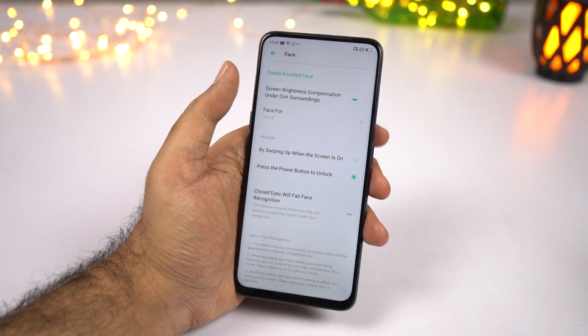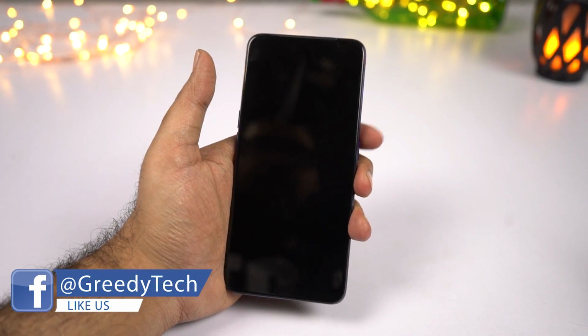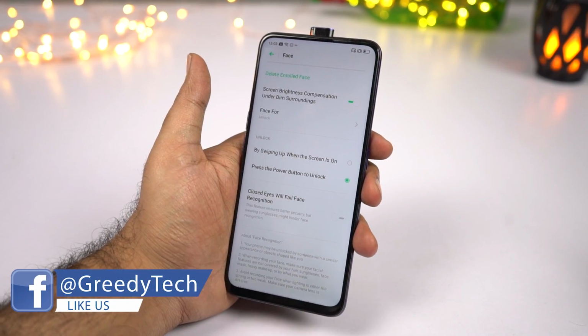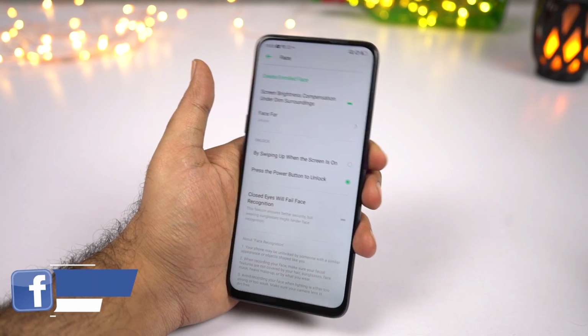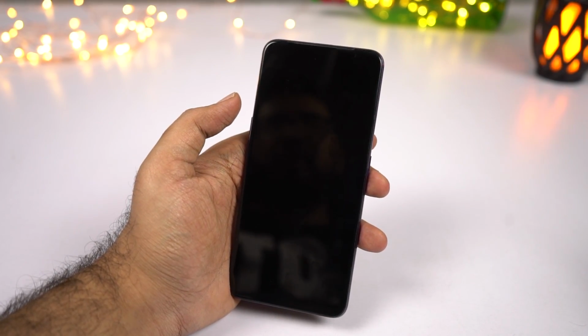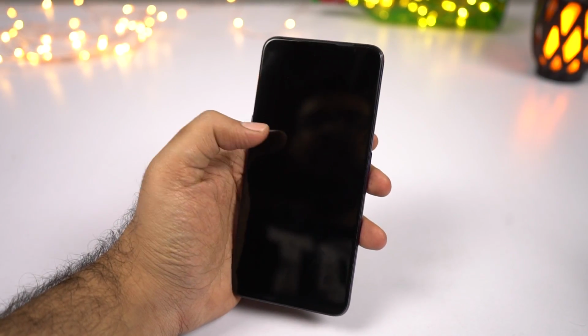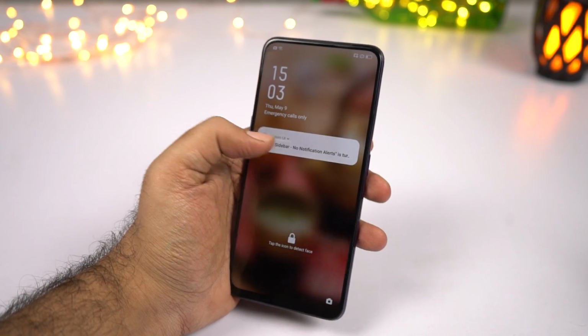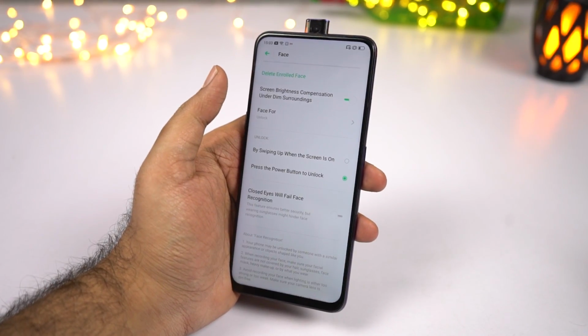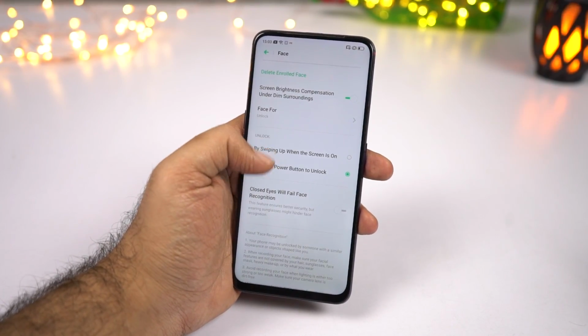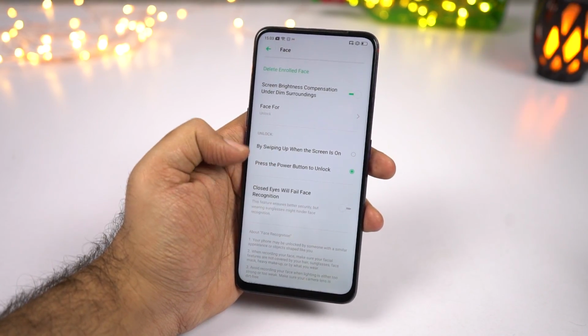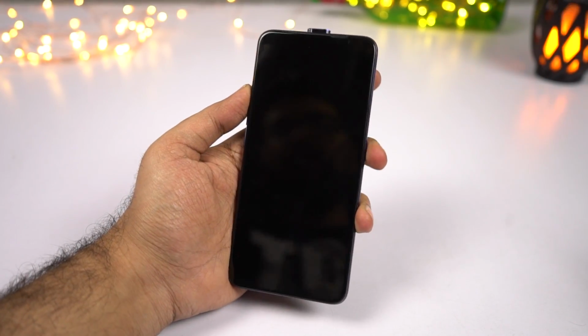Now if you select the second option, that's the power button. Every time you press the power button, face unlock works. That's the front camera pops up and unlocks the phone. Now if you're using double tap to wake gesture like this, display wakes up, still face unlock doesn't work. In this case, you can swipe up the lock screen for the face unlock to work. So these are the two settings. I personally prefer to go with the power button option so that whenever I press the power button, face unlock